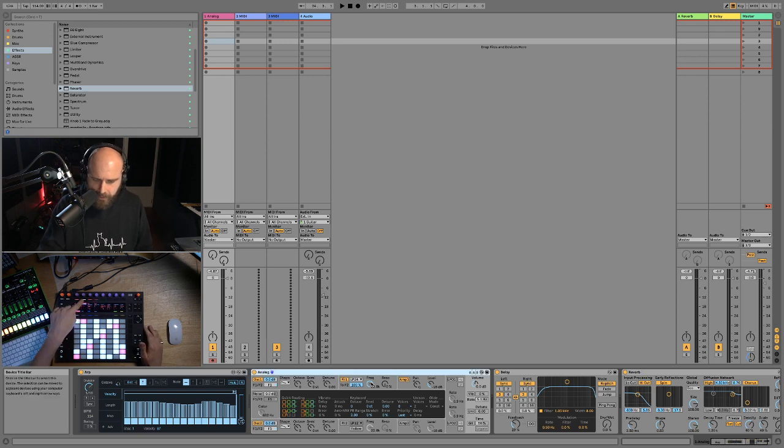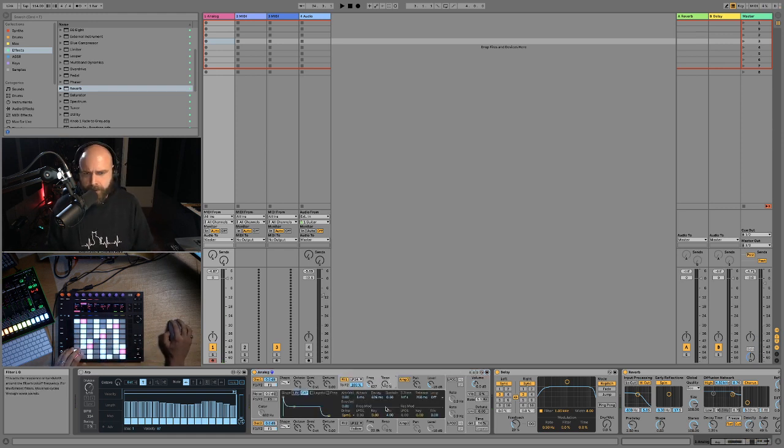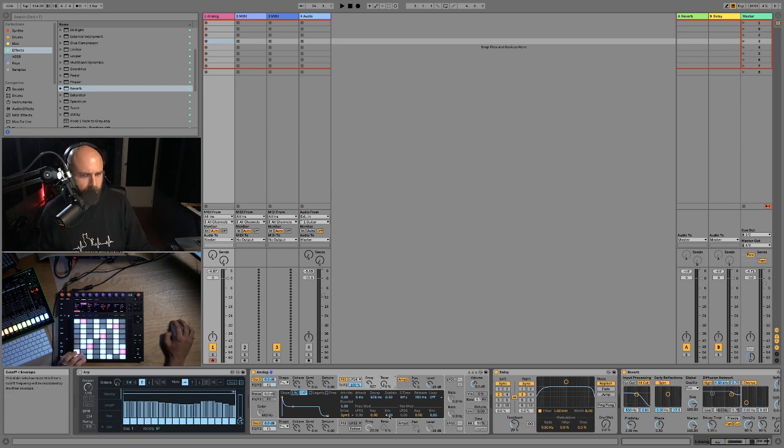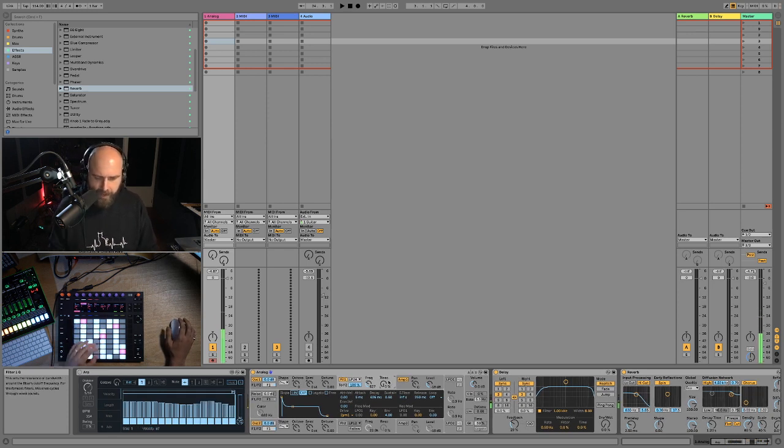and what I'm going to do here is just go into the device and bring down the filter a little bit. Let's just mute the ARP for a second. Beautiful. So this is literally just grabbing analog and dropping it into a track and bringing down the filter a little bit. We already have a little bit of filter envelope enabled just by default in here, just down the bottom here, this tiny little guy actually says envelope at 4 value, so we already have the envelope enabled, which is giving us that nice plucky kind of sound.